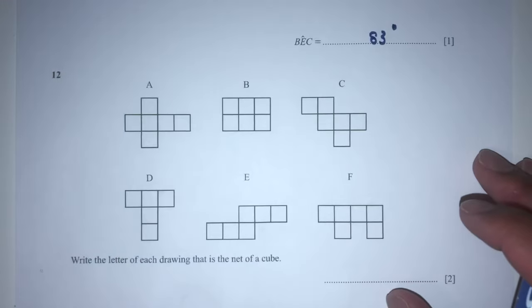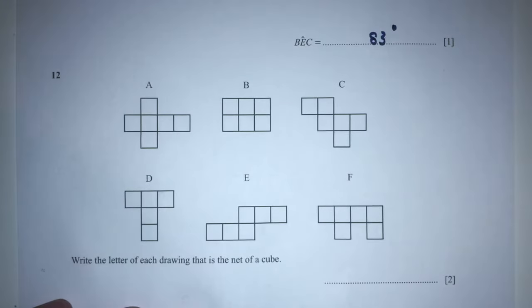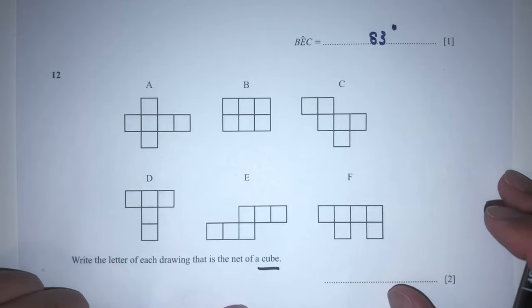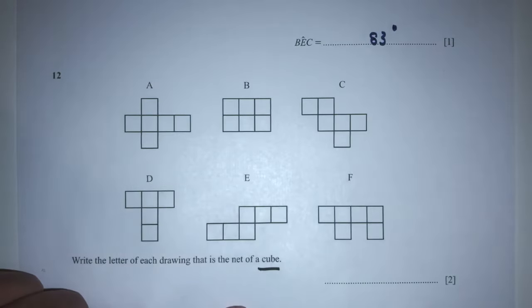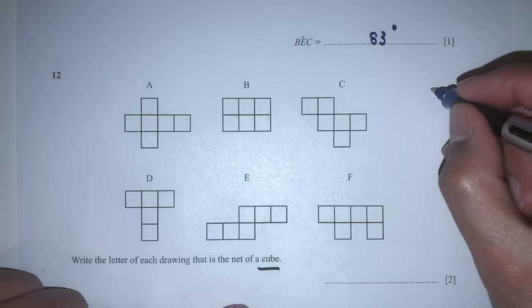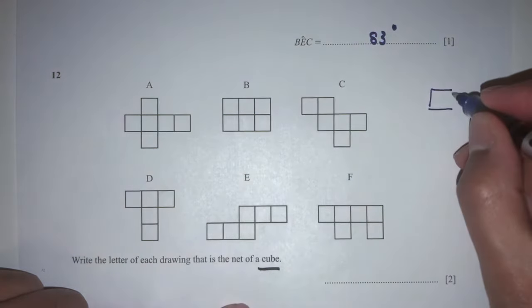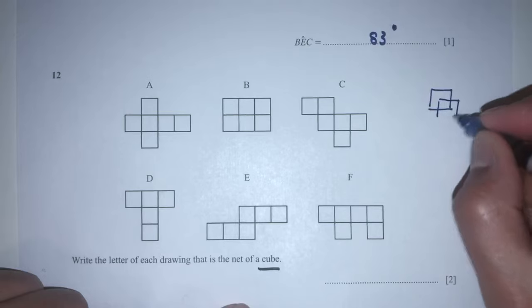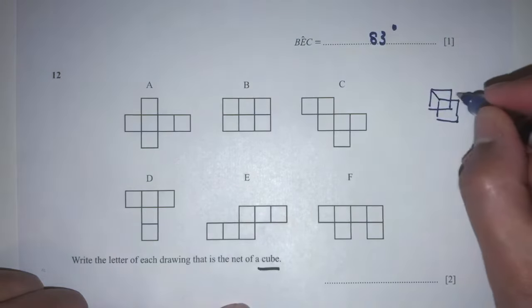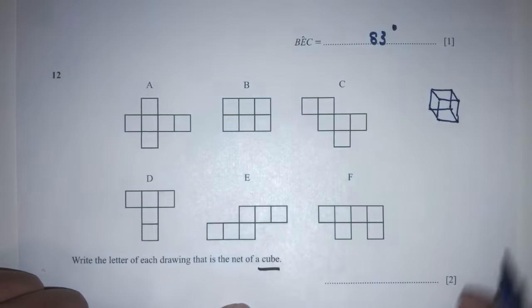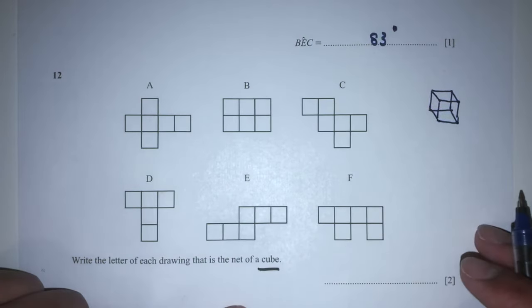Now let's move on to question number 12. We have to write down the letter of each drawing that is a net of a cube. Now first thing first, we have to know what a cube is before we do this question. So what is a cube? It is a shape just like this. Everything is equal, like this. Now, if you were to open the cube,